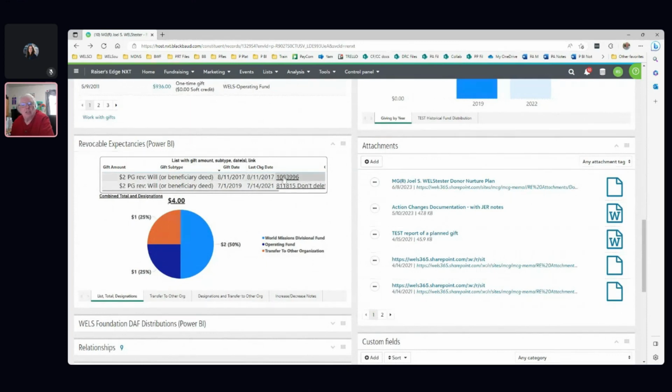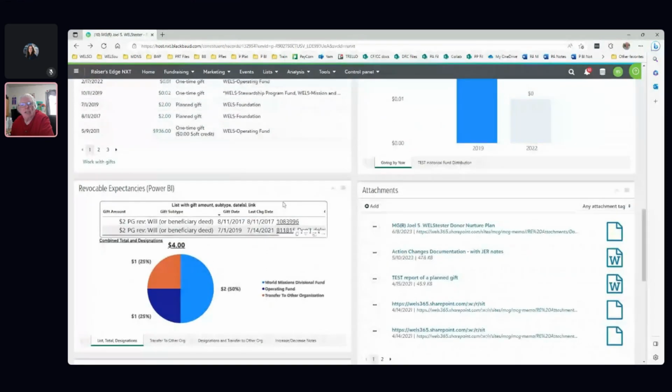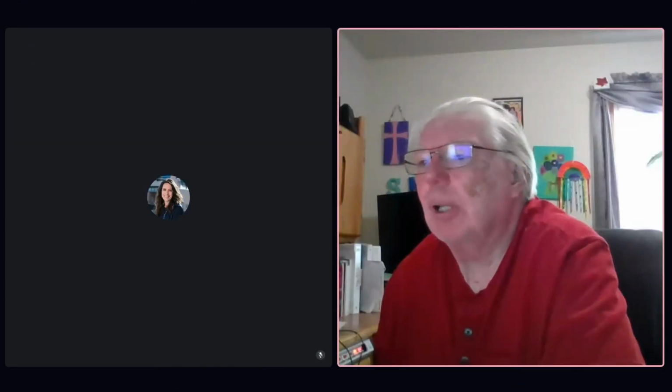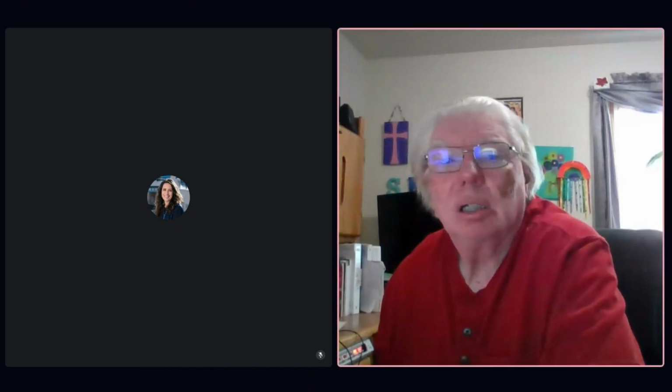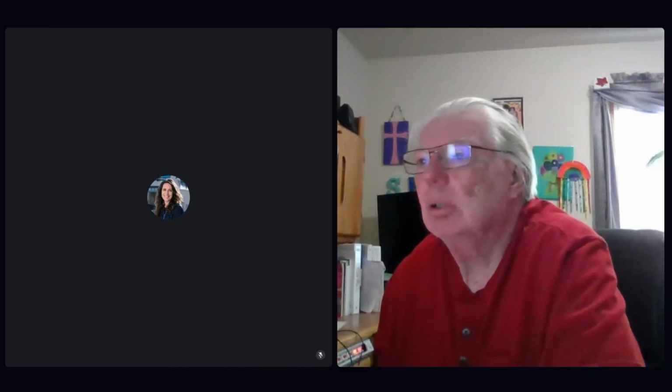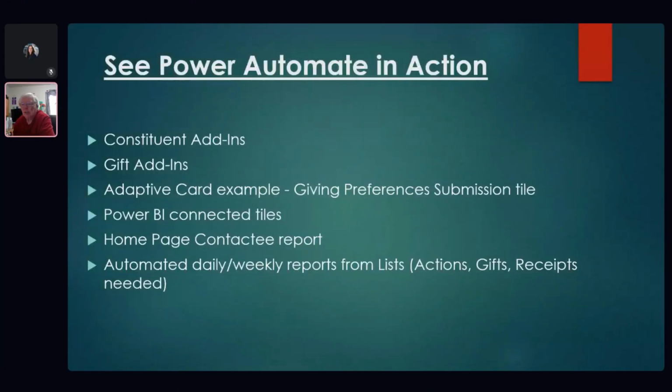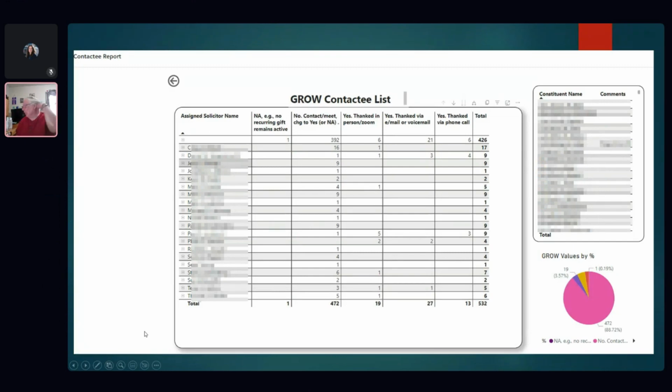And you'll notice the hyperlinks, so I can access a donor record or the gift record right from here as well. Everything is hyperlinked in here. From there, let me just stop this and go back to my PowerPoint. All right, back to PowerPoint. Back to this. So a couple of other screenshots, and I didn't show it.